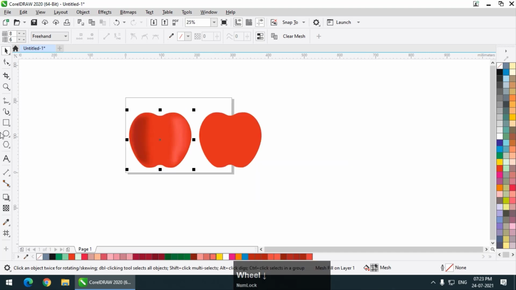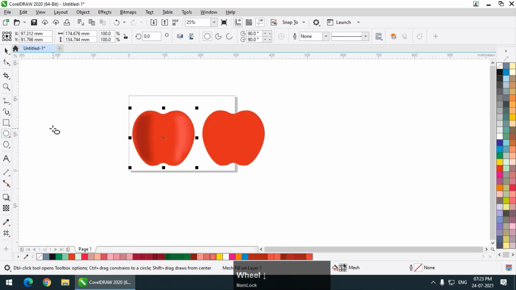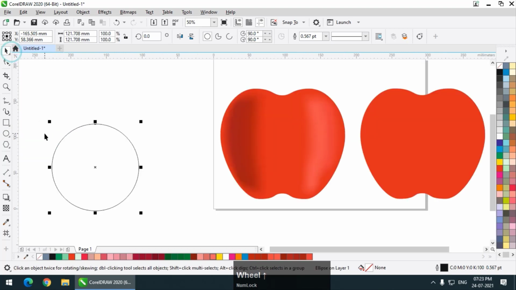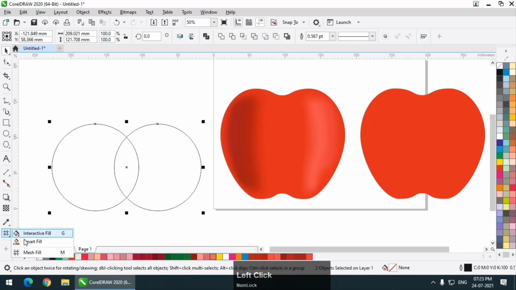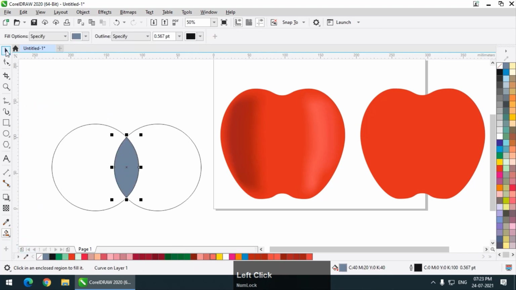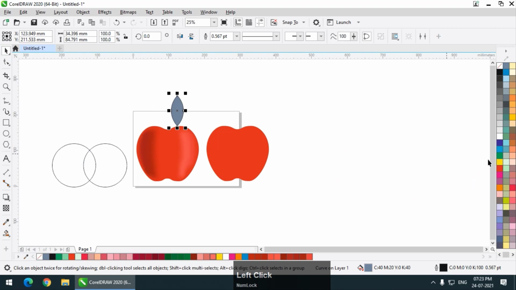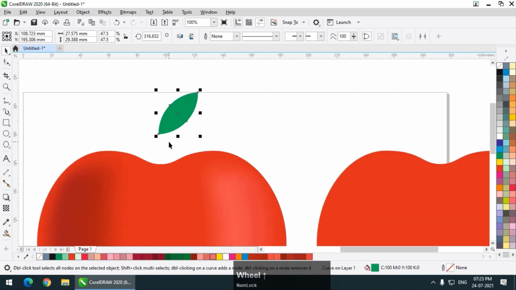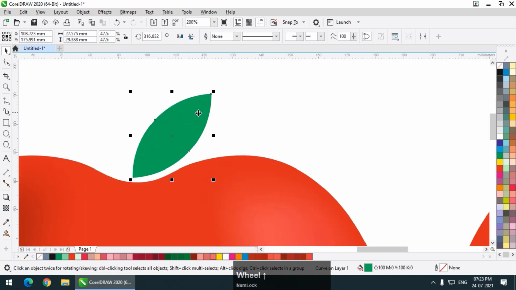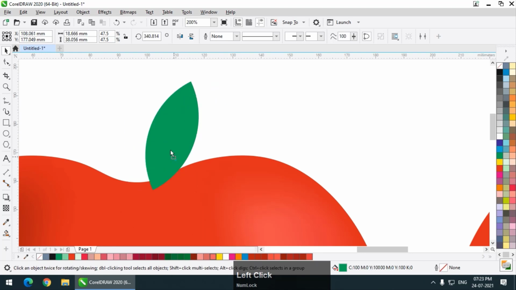So what I'll do is I will try and create some basic leaves, maybe like this. So this is basically a leaf shape that I'm trying to create using the Smart Fill tool. I will create this one and I will choose green color. I'm not trying to create a realistic looking leaf over here.